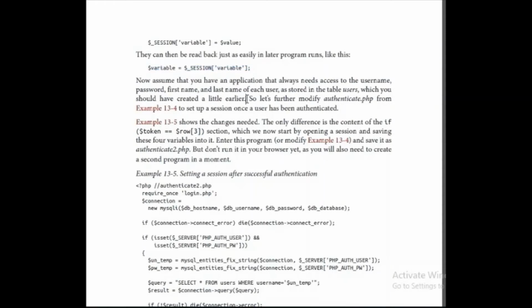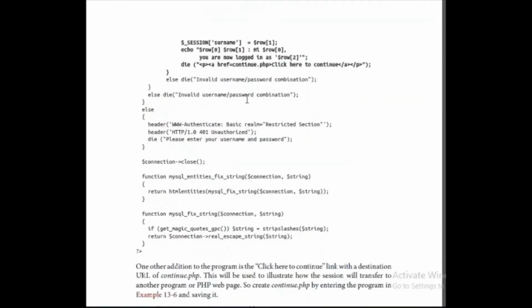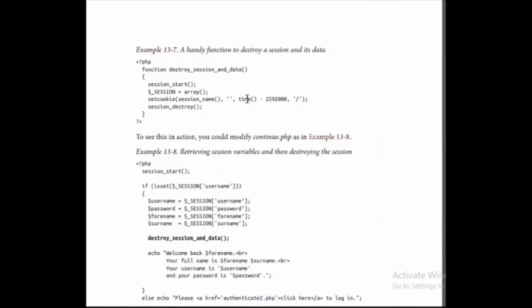And when you want to close the session, simply what you do is you give the command session_destroy. So first of all we have to start the session with session_start like this, then we will initialize the session, session is equal to array, and then we can set the cookie, we can set a session, whatever we want, but you always have to start a session and destroy a session. And how you initialize a session? Simple, you will use this variable session and the value or name of the session variable you created.